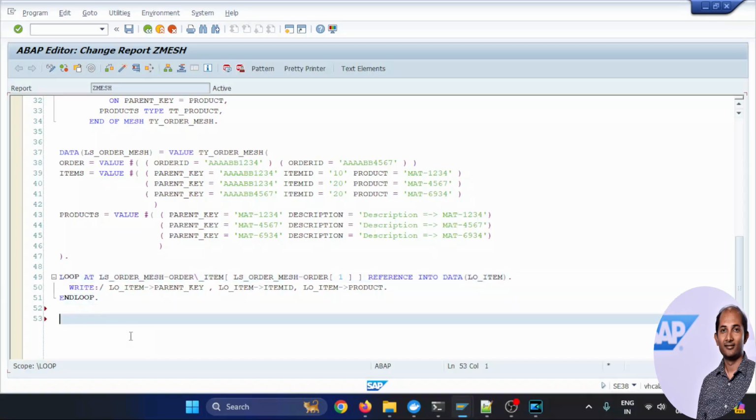Let's check another example, but this time we'll do one more step. One deeper level will reach the product also. Here we can do one thing. We can also put a where condition, like where we can say what the contents of that particular item node are, that is the item ID. So we have two items,